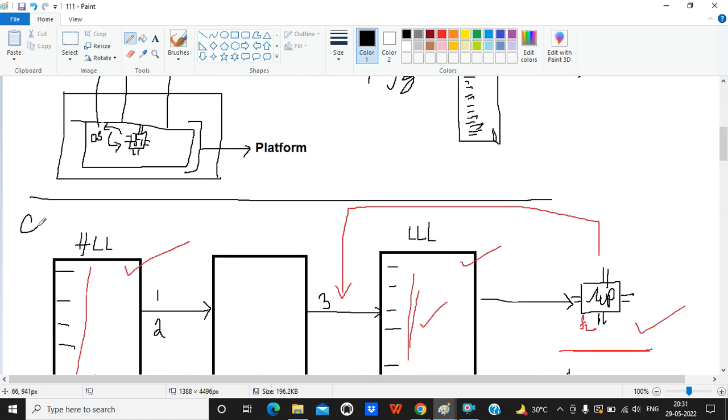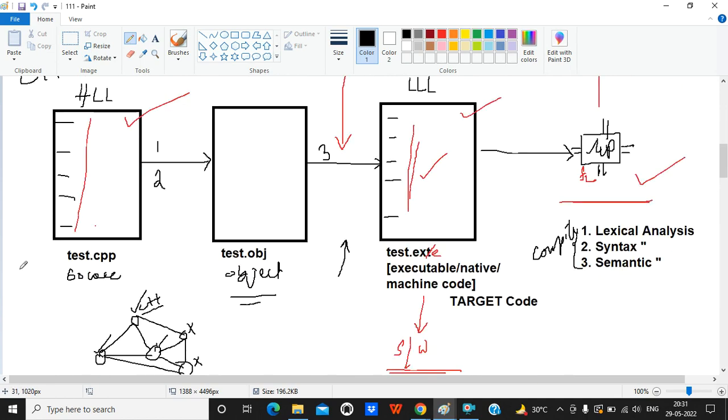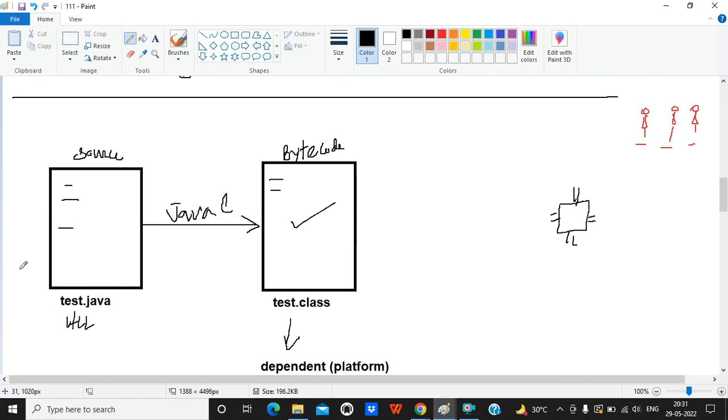This was for the C++ programming language and the C++ compiler. This is for the Java programming language, and the Java compiler will come into place. Now see, since the Java compiler is producing this bytecode from the source code,